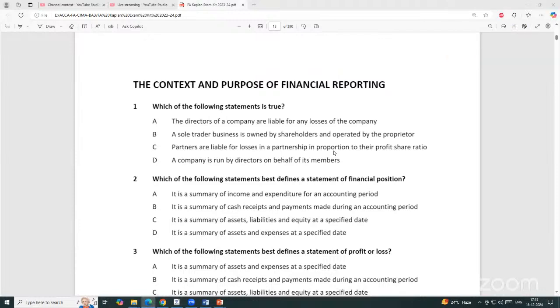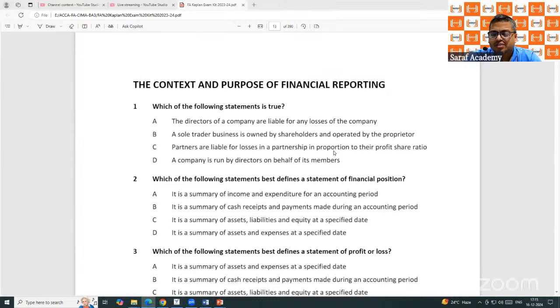Yes, sir. Even in a sole proprietorship business, normally we say that legally the sole proprietor is liable for the business losses. But in the books of accounts, the sole proprietor and the business are separate. So the directors as employees or the shareholders as owners are not liable for the losses of the company. Shareholders are liable to the value of the share. When they have paid the entire value of the share, they are not liable. And directors who are not shareholders are employees, they are never liable. Any employee of any business is not liable for the business losses.